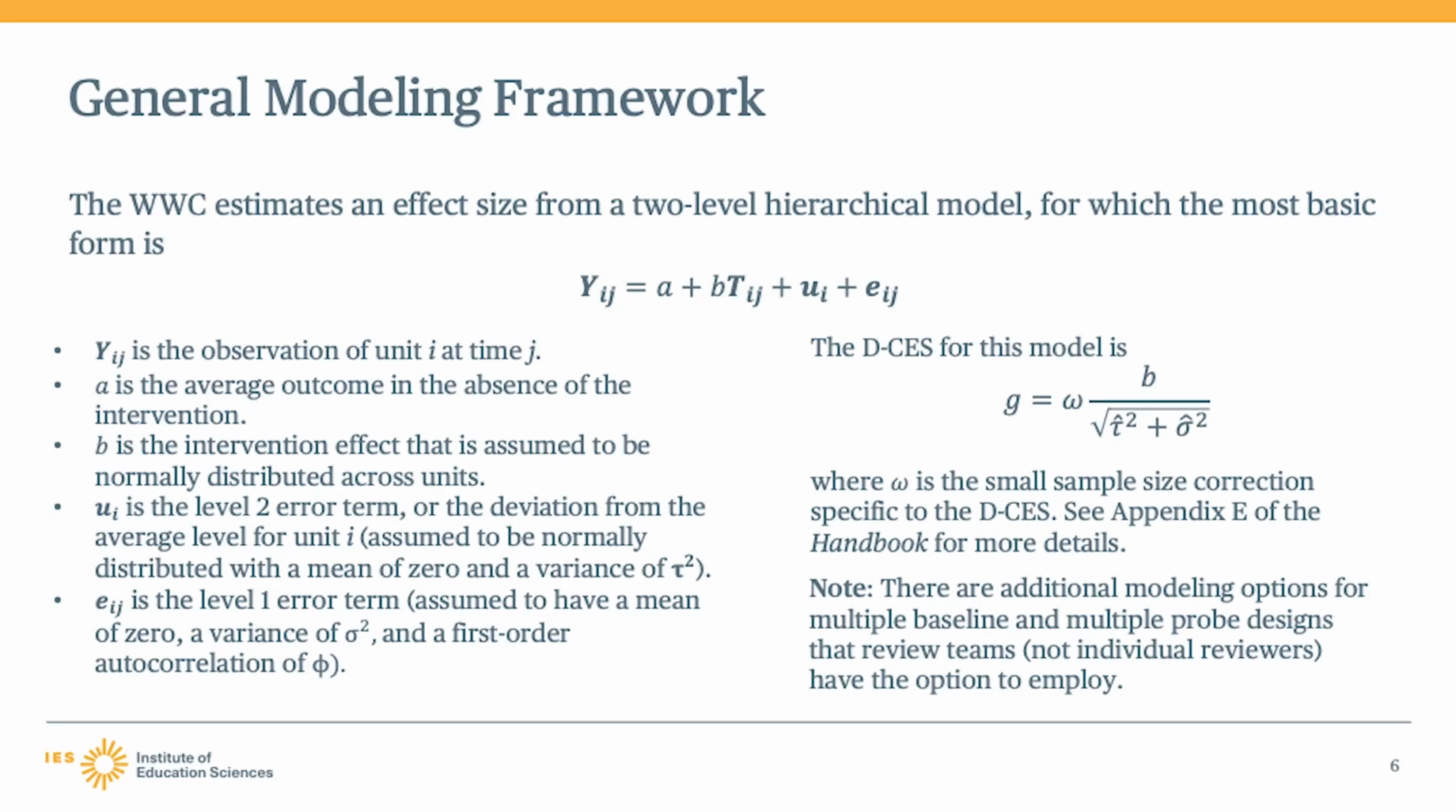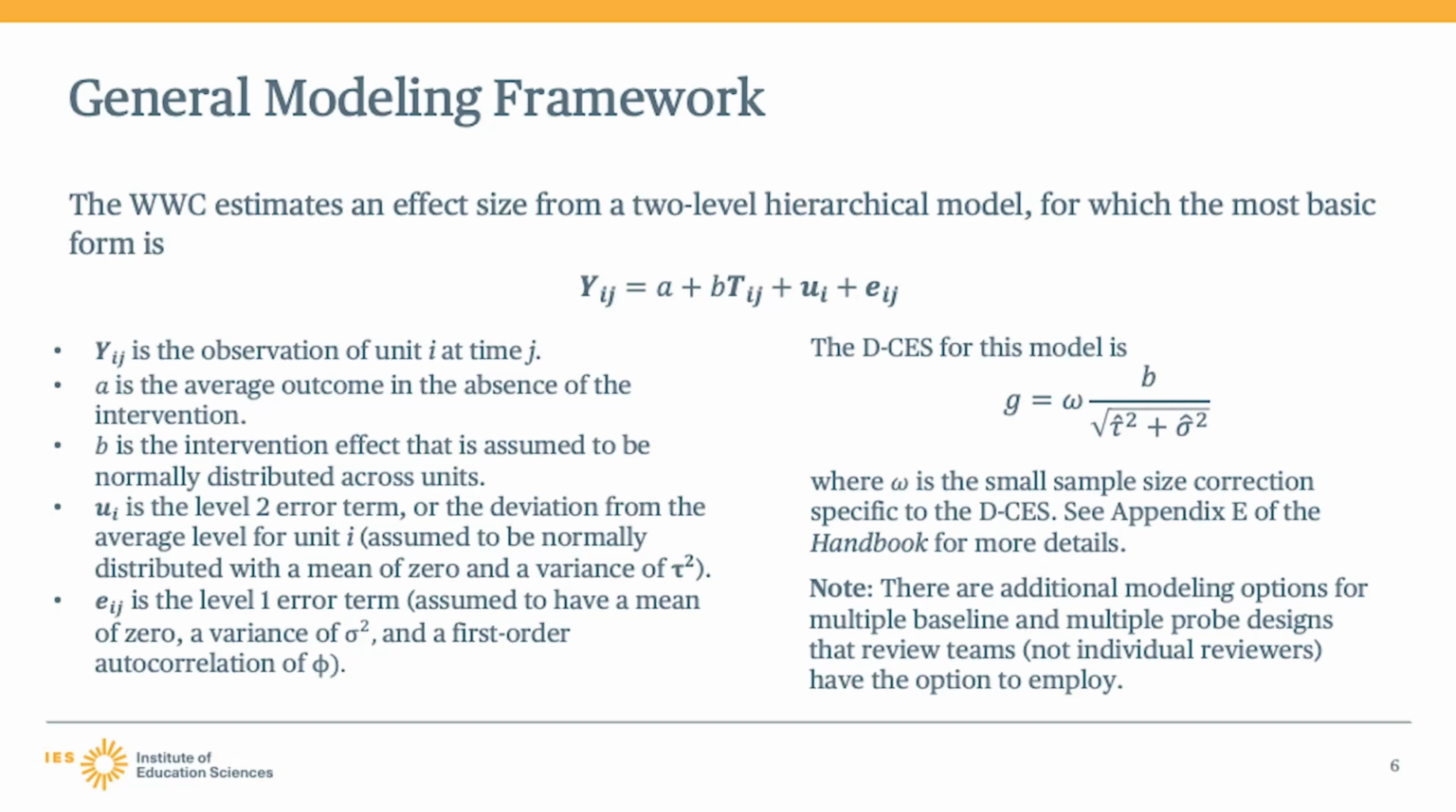The forms of the D-CES the WWC uses are estimated via multi-level modeling. The simplest form of the model is presented here. The model is Yij equals A plus B Tij plus Ui plus Eij. In this model,